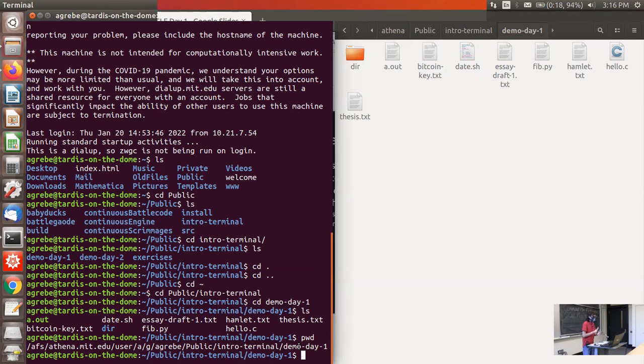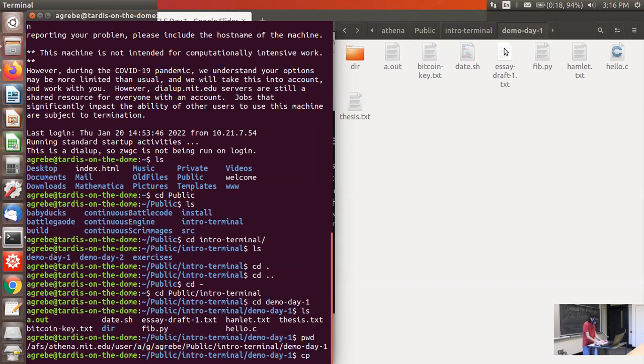Okay. So in addition to looking around, we might want to move files around. Maybe I want to make a copy of this draft one of an essay, so that I can have a second draft and edit the second draft and save the original. So I can use the cp command, which means copy.